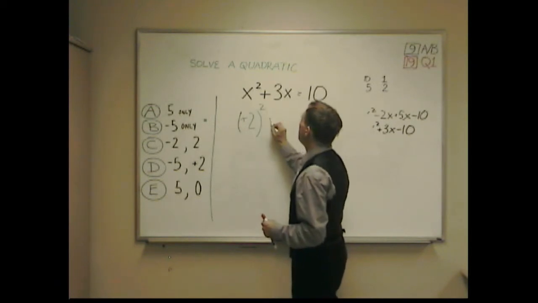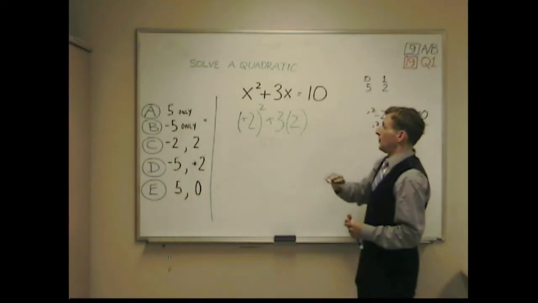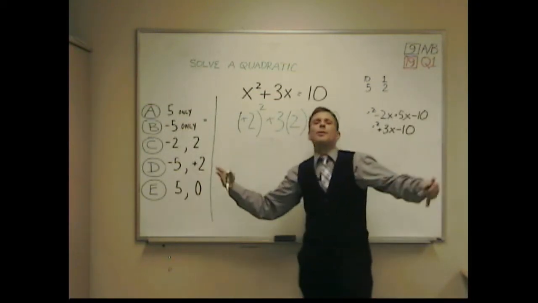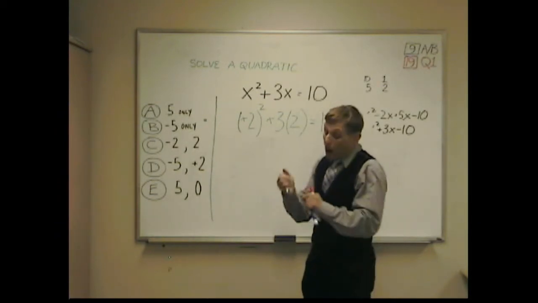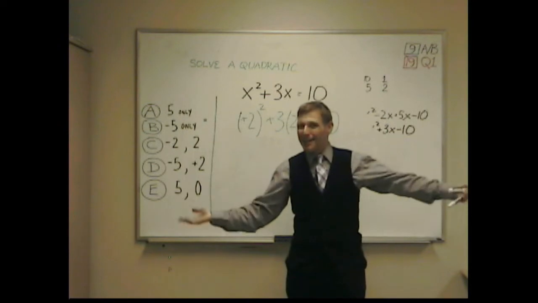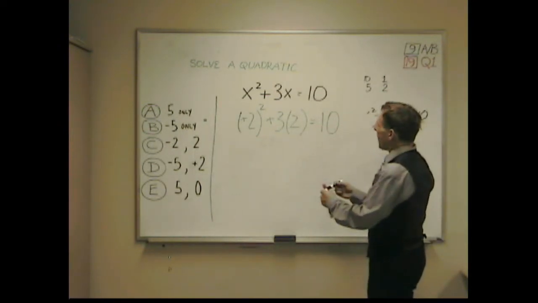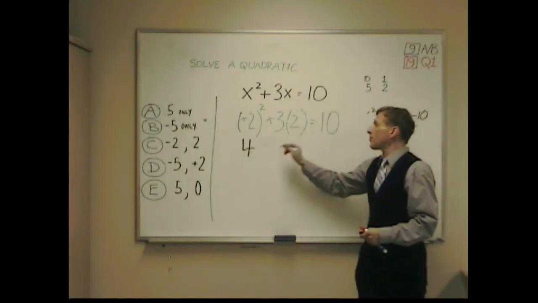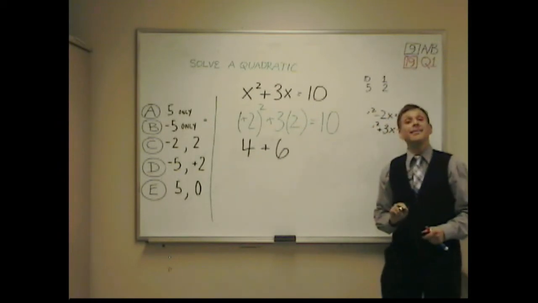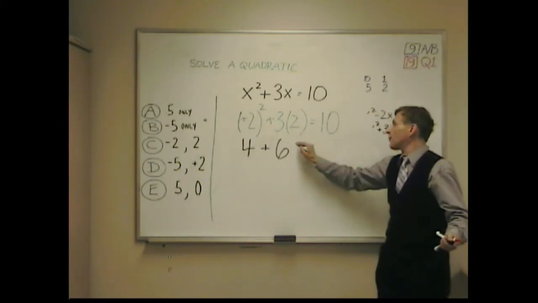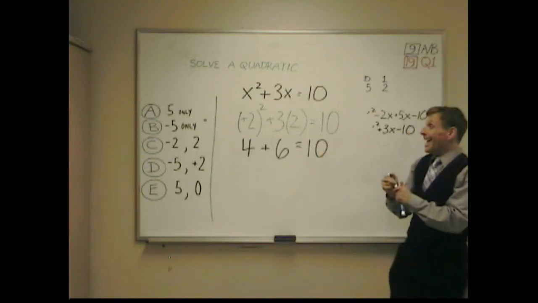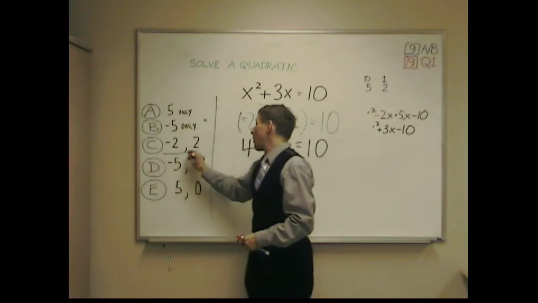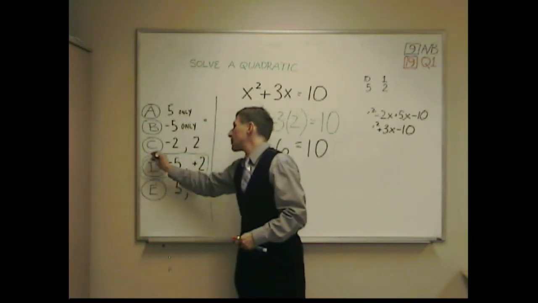Positive 2 squared plus 3 times positive 2 equals 10. And I have the positive sign there, but you don't even need a positive sign for positive 2. If a number doesn't have a sign, it's assumed positive. And positive 2 squared is 4. Positive 2 times positive 2. 3 times positive 2 is, 3 times 2 is 6. 4 plus 6, guess what? 4 plus 6 is 10. -5 and positive 2 both worked. So I proved that using substitution with choice D,